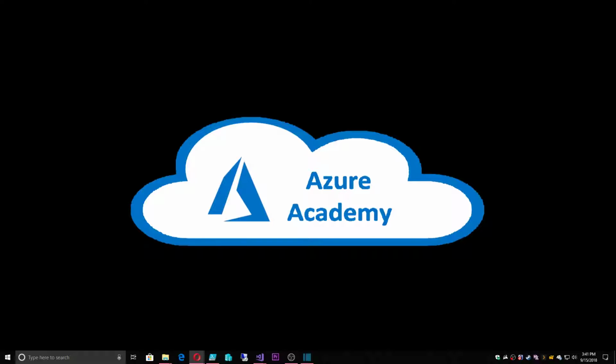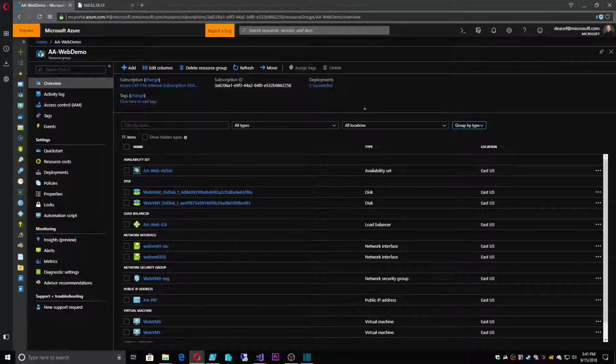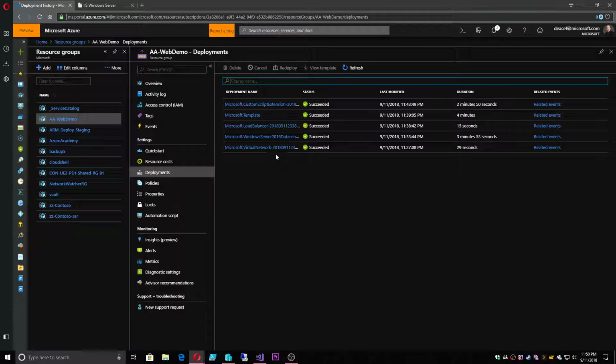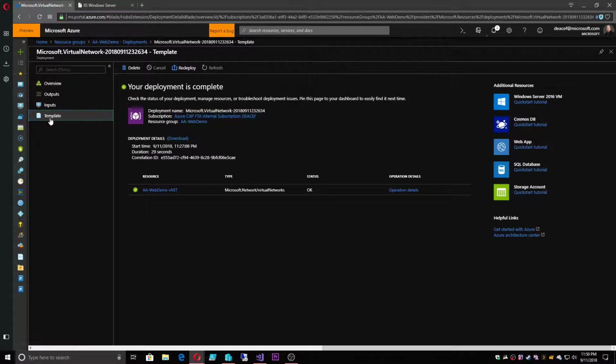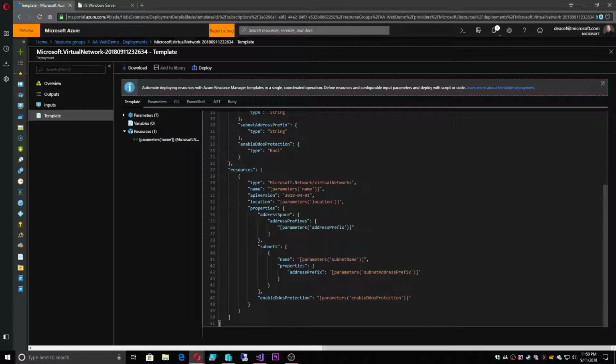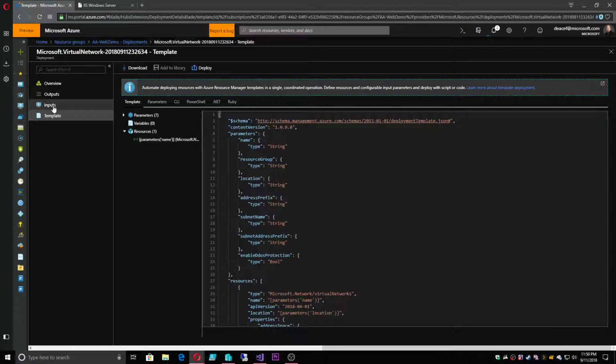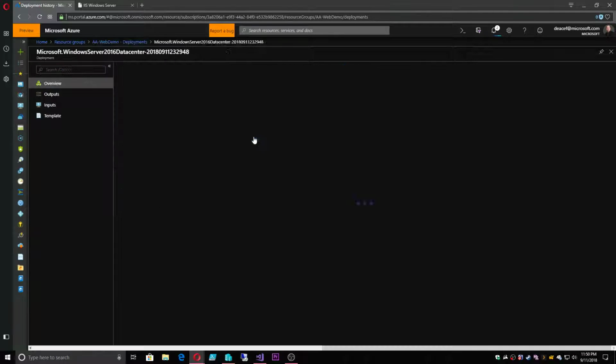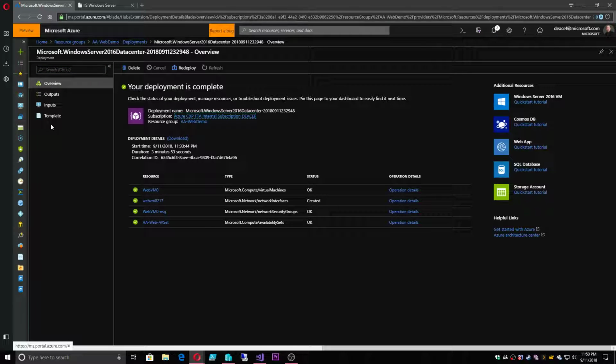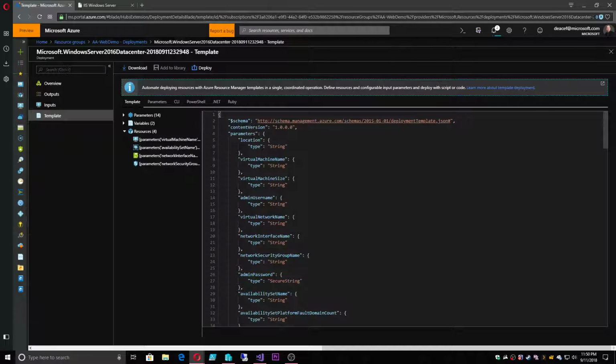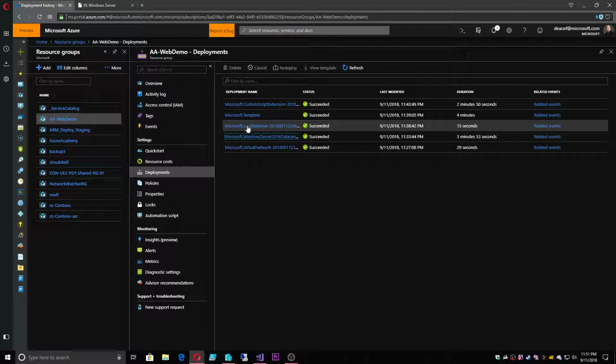Okay, so with that in mind, let's jump over to the Azure portal, and we're going to go under our deployments, and let's look at what we've got. And we could click on each one of these, and we could capture the templates, and we could make a bunch of templates from all of this, and we could capture all those inputs, and then we could process them one at a time. So, okay, build the first template, wait for that to be done, then build the second template, and wait for that to be done, and then the third one, and load balancer, and then, well, wait,